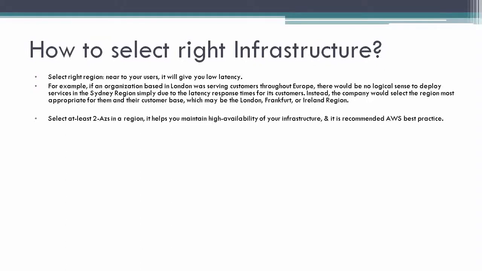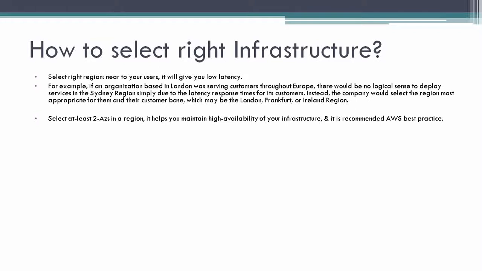The next step is how you can select the right AZ. You should select at least two AZs in a region. It helps you maintain high availability for your infrastructure, and it is a recommended AWS best practice. So for your application you can select two AZs in a region, and you will get the advantage of